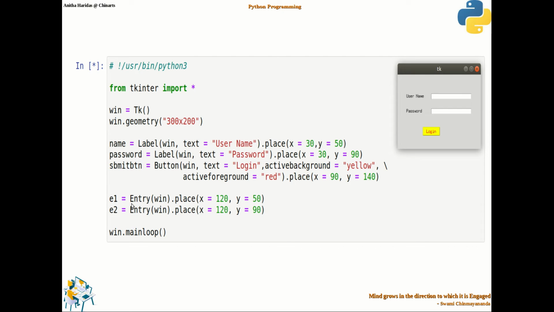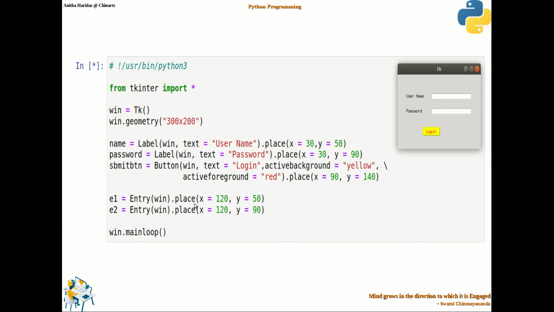Then what I do, after creating two labels and button, I am creating two entry boxes. I am not specifying any width or kind of thing. Everything is going to be default, and I just specify where I want to add this widget. So I just specify the parent window as the window object which I have created as WIN. So this is the window object to which the entry widget will be added.